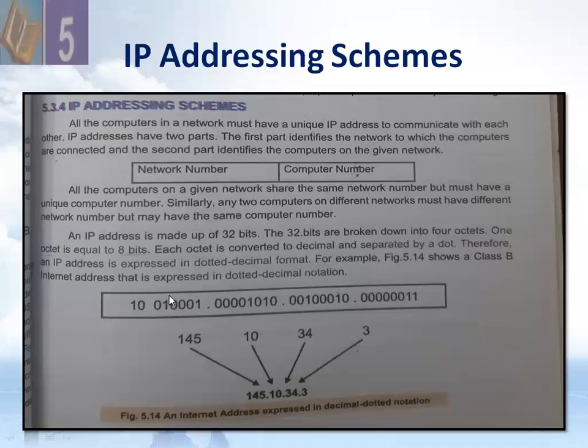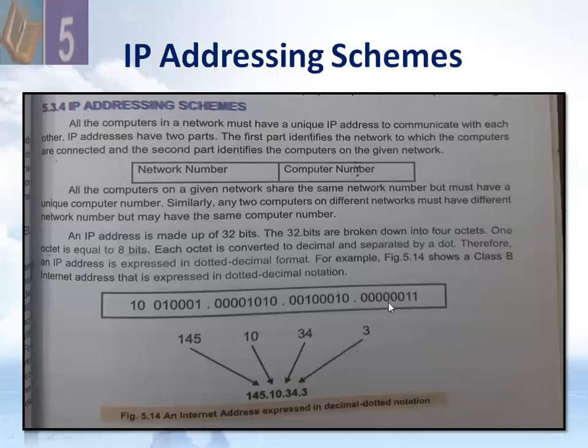When we convert into bits, these are 8 bits. Here we can view 1 0 0 1 0 0 0 1. All these are a total of 8 bits: 1, 2, 3, 4, 5, 6, 7, 8. So we have 8 bits, 1 byte of data, and we can separate it with the help of a dot. After this dot, we have the next octet, which is also 8 bits. Then a dot, then we have 8 bits. Then a dot, and we have 8 bits. So in total we have 32 bits.